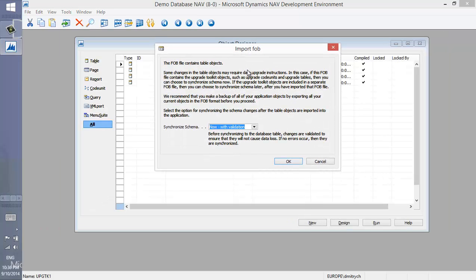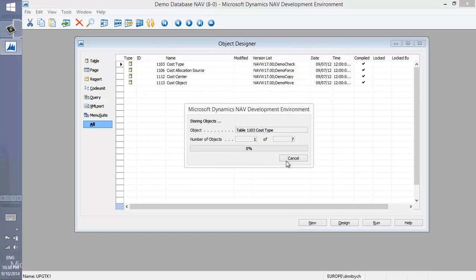And as I'm importing the FOB, the program discovers that I have tables in this FOB, and now I need to decide if I want to synchronize schema for these tables or I don't want to synchronize this schema. Since I already have upgrade toolkit included with this FOB, I might as well just go ahead and say synchronize now, and that's exactly what I do. So I say synchronize the changes,